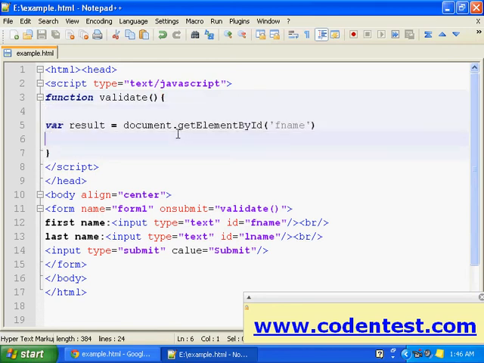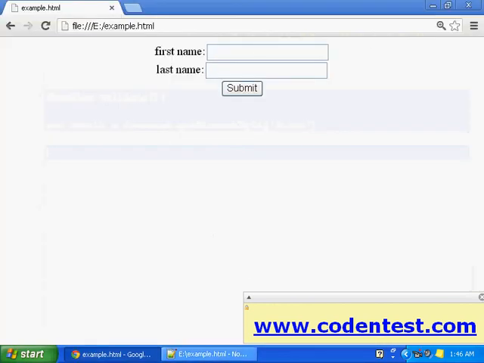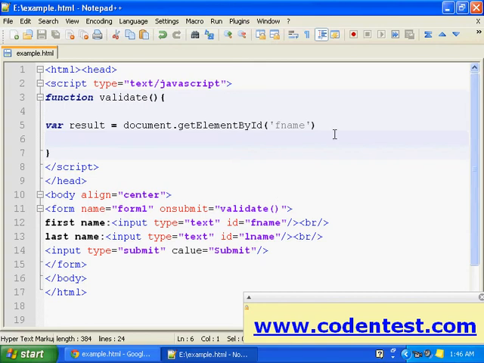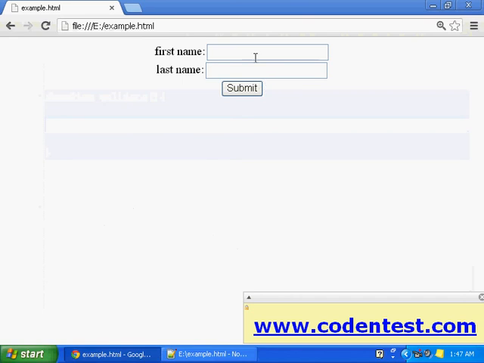So getElementById will actually have the value entered by the user in our first name text box. To get that value, we also want the dot value keyword to be used there.